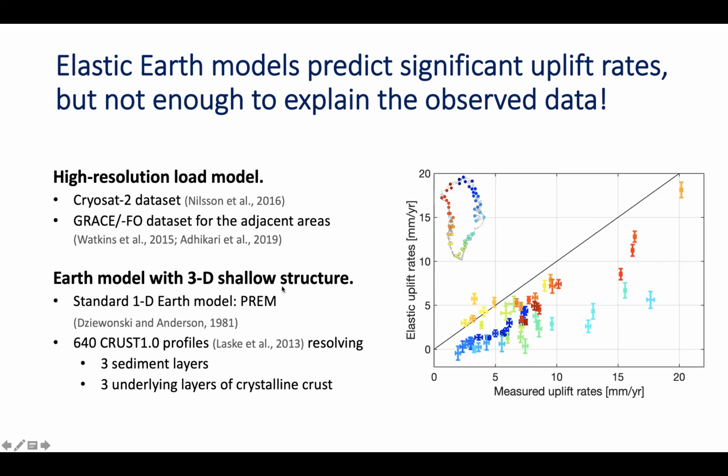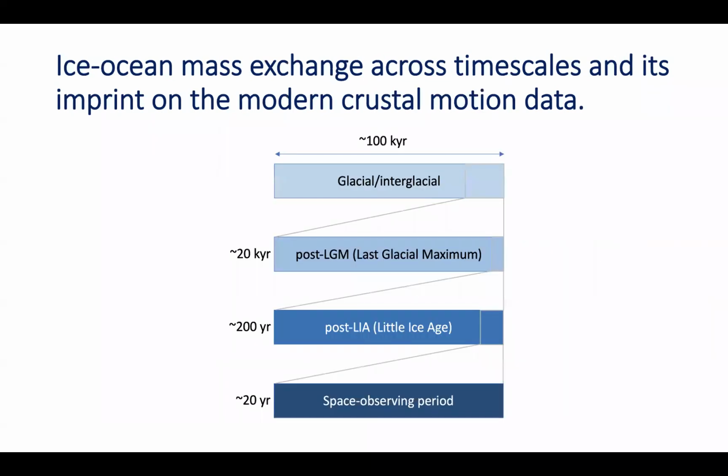But anyway, as I write here, the elastic Earth models predict a significant amount of uplift rates, but not really sufficient to fully explain the observed data. So it means that we also have to look at other plausible sources of the signal. And for that, we should really look at the range of time scales over which mass is being exchanged between ice and ocean. And if we may, we can really go back to the time scale of 100,000